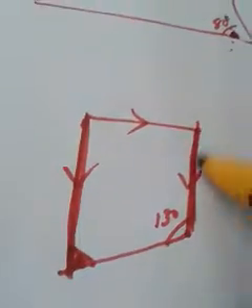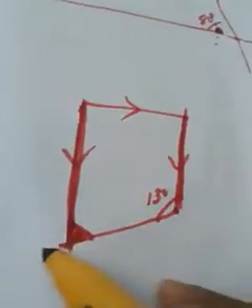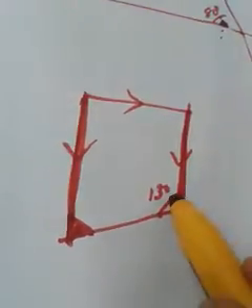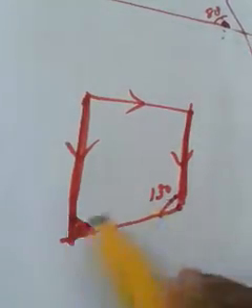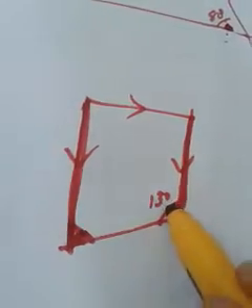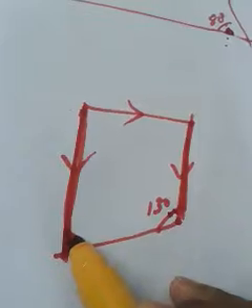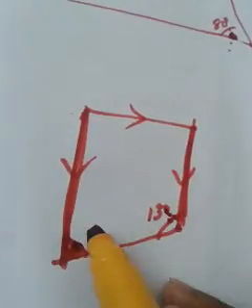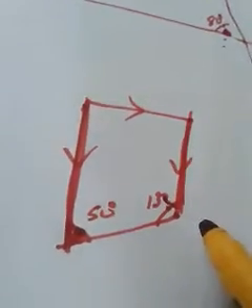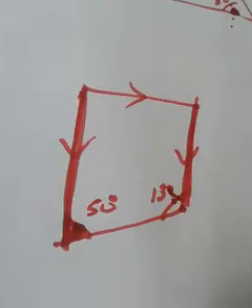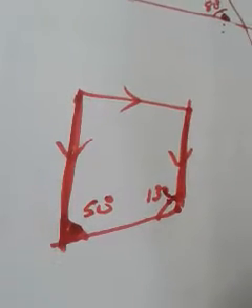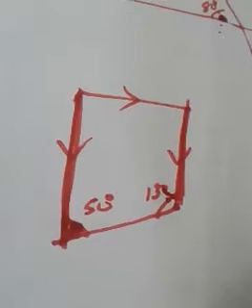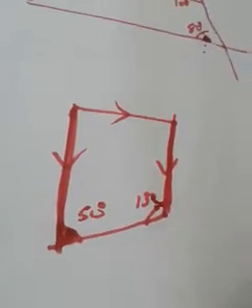Okay, and if these 2 lines are parallel, you can consider this as a transversal. So this angle and this angles are on the same side of transversal. So when you add both angles, you must get 180 degree. Out of that, one angle is given as 130. So this should be what? 50 degree. Angle P should be what? Angle P should be 50 degree.